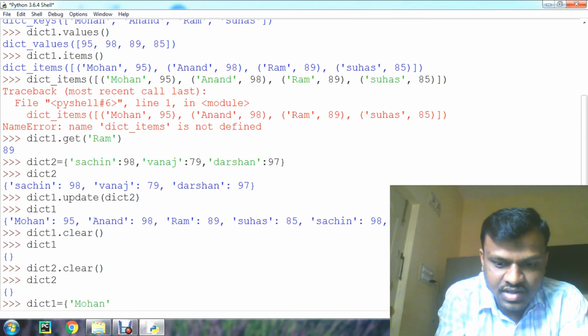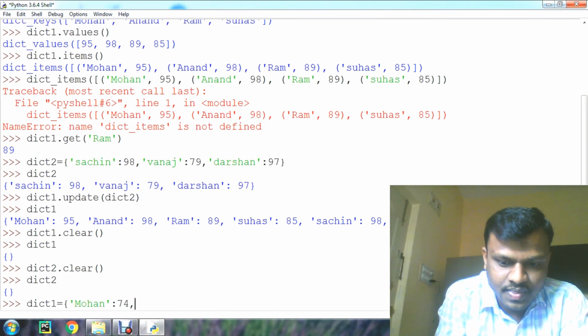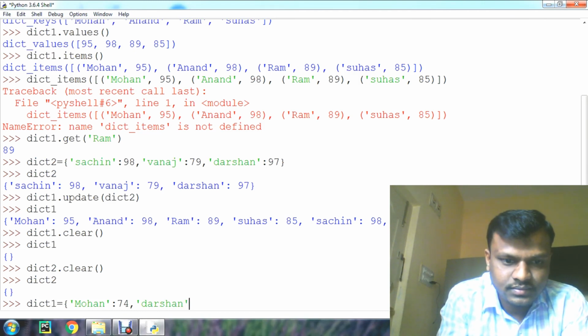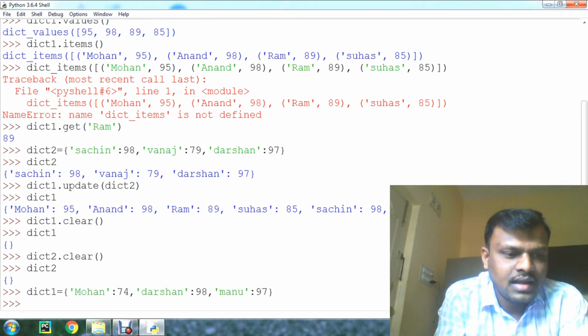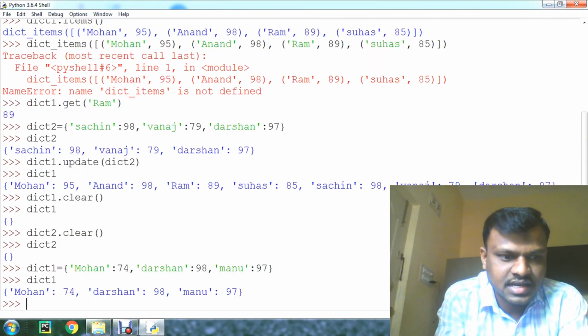Let's say Mohan 74, and Darshan 90, and Manu 97. Okay, now we have these three elements in dictionary 1.